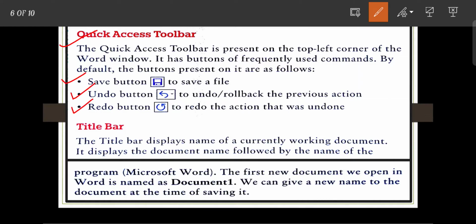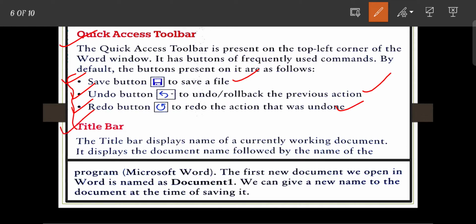We all know that the save button is used to save a file, the undo button is used to roll back the previous action, and the redo button is used to redo the action that was undone. So these three buttons are present on the quick access toolbar by default.